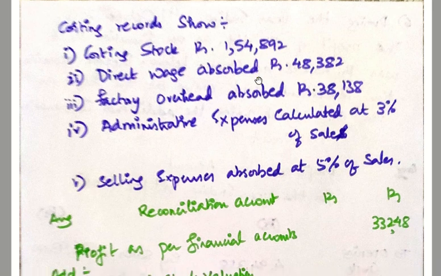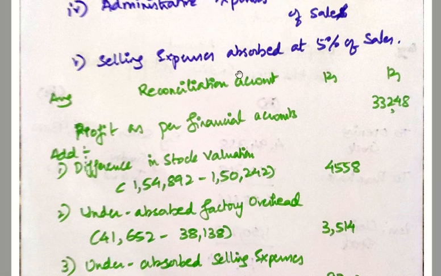But here if you see, we are supposed to start with reconciliation as per financial books, because in the question they have told to start with financial book and end with cost book. So when we start with financial books, we will basically inverse the method, meaning to say whatever we add as per the format we will minus it, and whatever we minus as per the format we will add it. Okay, so the costing book closing stock is shown in excess.